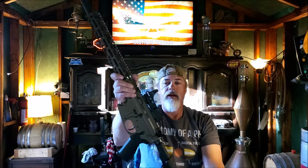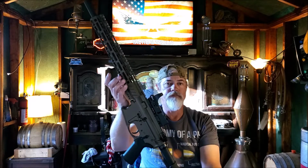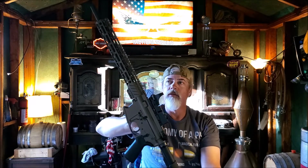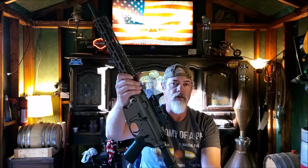Now, like I said, I set this up for Steel Challenge competition, but even just going out and plinking around and having fun, I really wish I'd have gone this way the first time. I originally got just a regular 9mm barreled upper, it had a big chunky handguard on it, the full length heavy barrel on it,